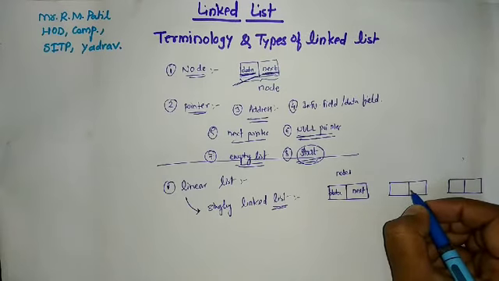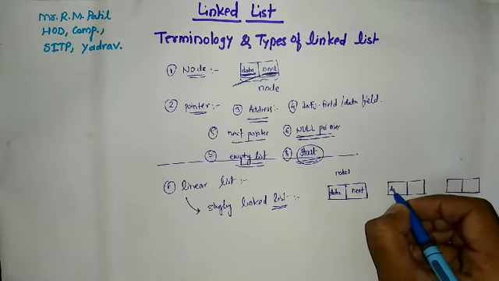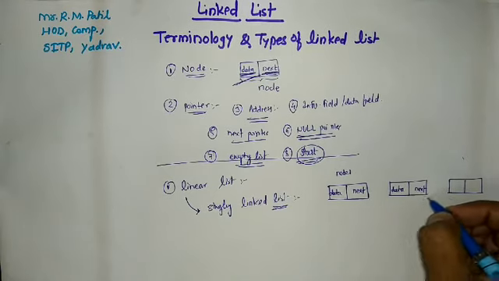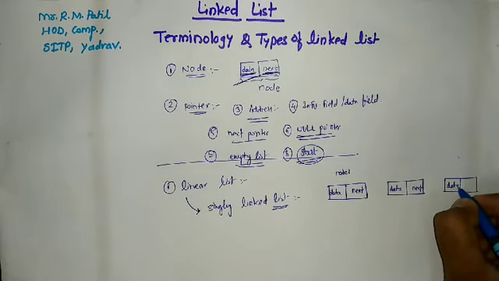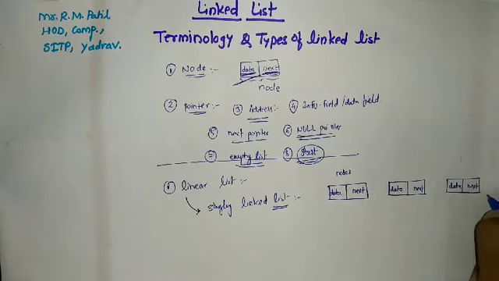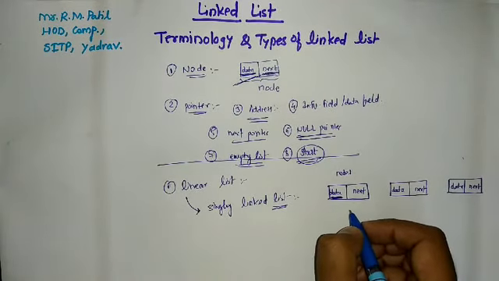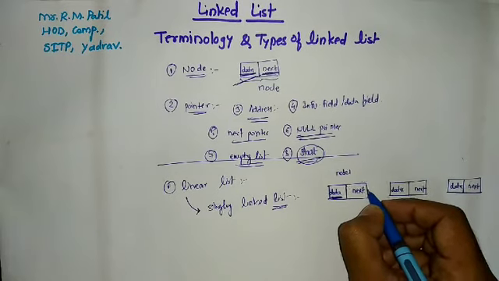So again we have one more node. Here also it will store the data. Here the address of the next node will be stored. And here also we have the data field and the address of the next field. So in the data field, the actual information is stored, and in the next field,